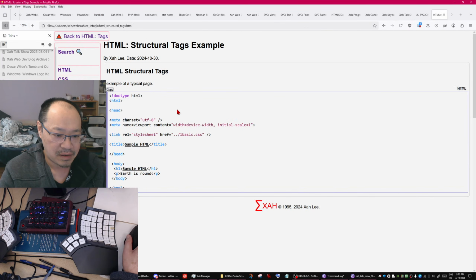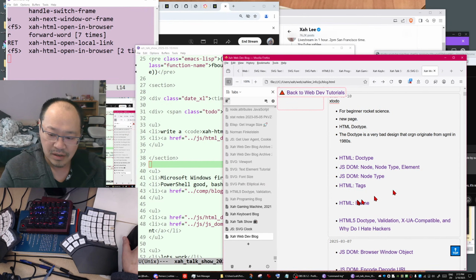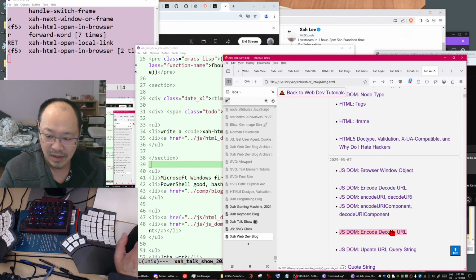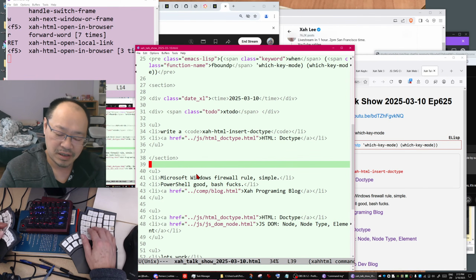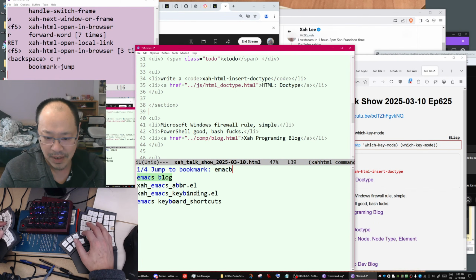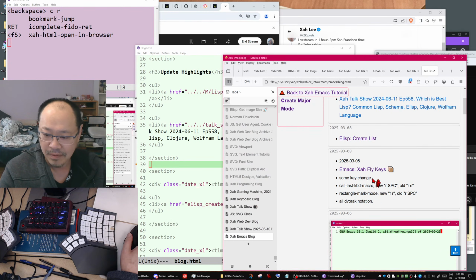Wait, not this page, but somewhere. Okay. So anyway, then you have the DOM and JavaScript, lots of things. Okay, let's begin something somewhere. Okay, so Emacs 30. If you go to my Emacs blog, just search for xahlee.info Emacs blog, you can see